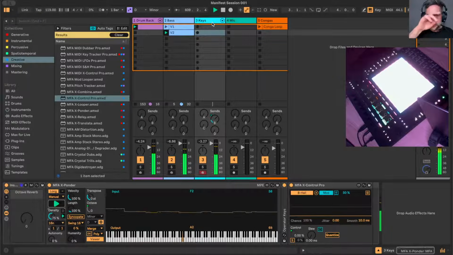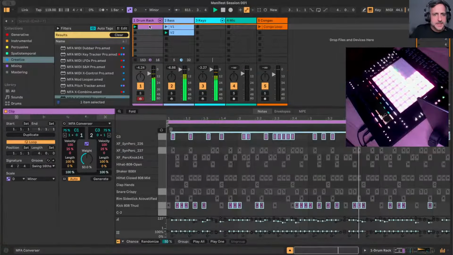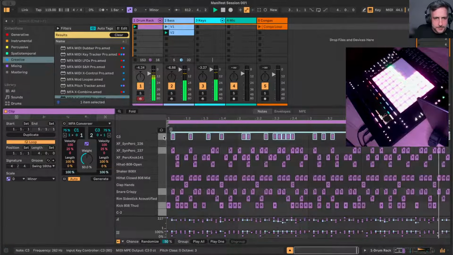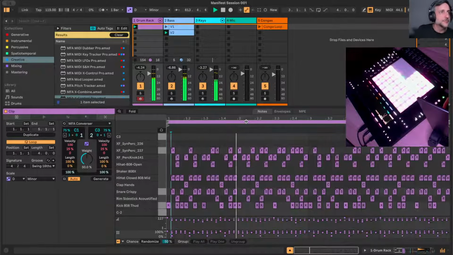And so we got our keys going. We got our bass line. Let's get some shakers going here. Where did those C3s come